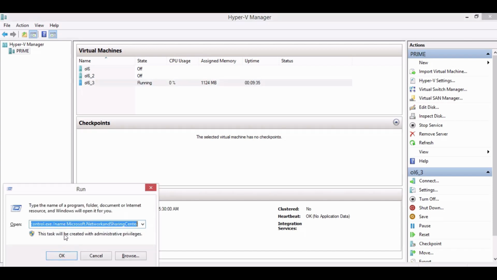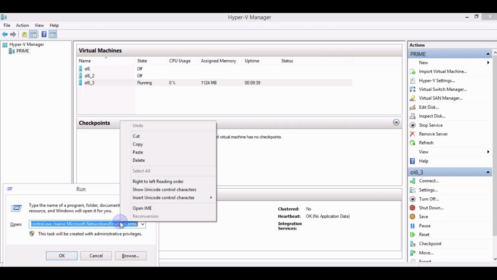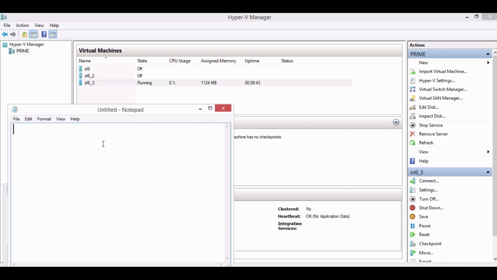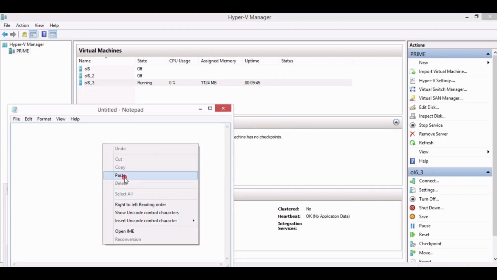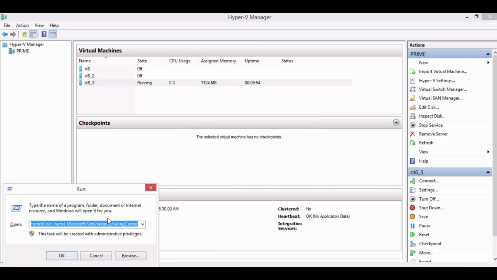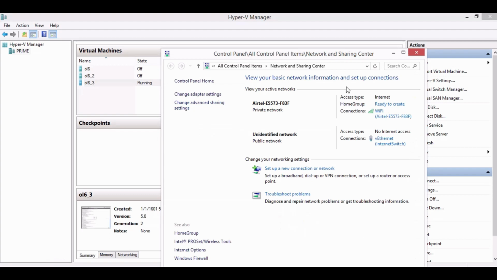Then press Window R and type this command, control.exe, and name Microsoft.NetworkAndSharingCenter. You can directly go to the Windows Network and Sharing Center, or you may use Window R and run this command to open it, and click on OK.